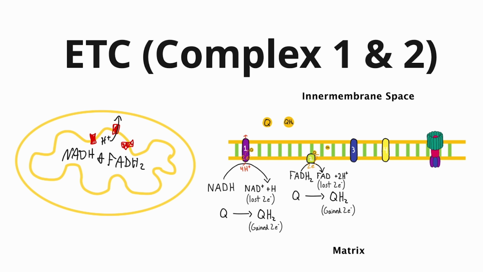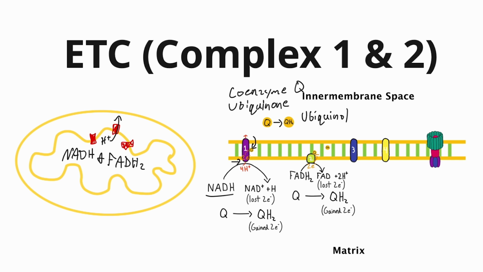Complex 1 in purple is what accepts electrons from all of the NADH molecules, and you can see here that NADH transports 2 electrons to complex 1, and then those electrons get attached to this molecule here with a Q on it. That molecule is called coenzyme Q, and when it's in its oxidized form, so before it gains those electrons, it's also called ubiquinone. After those electrons are transferred, it goes from Q to QH2, and you can still call it coenzyme Q or